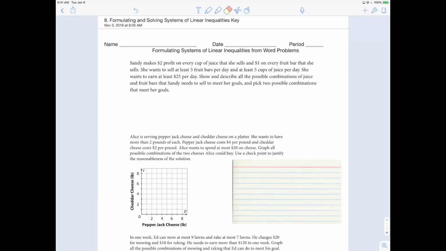ask yourself about writing inequalities from word problems. And you're going to notice that I use a lot of the same stuff we've talked about before. So if we read this first problem,